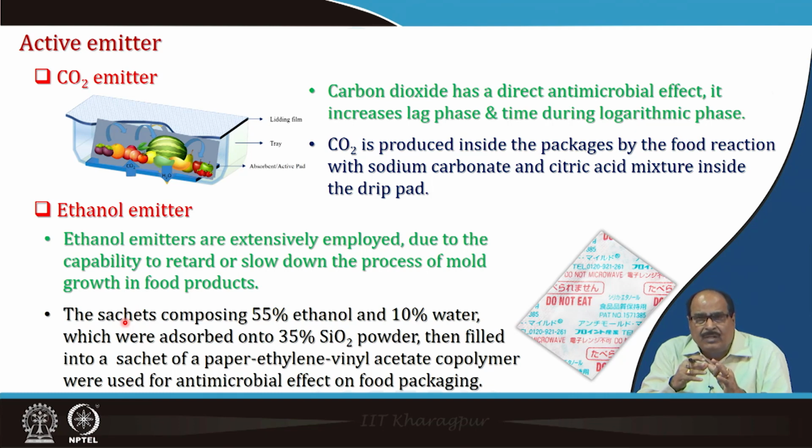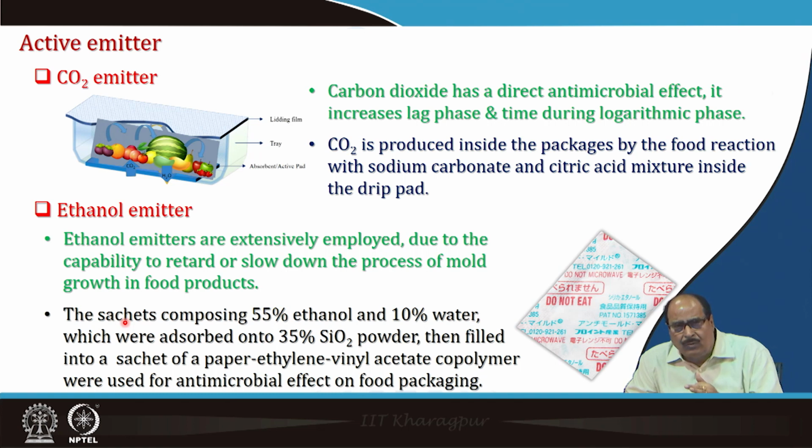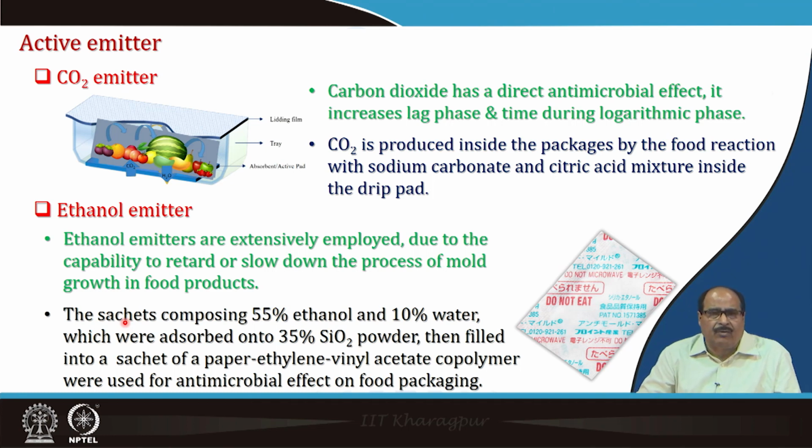Carbon dioxide is produced inside the package by the food drip reacting with sodium carbonate and citric acid mixtures inside the drip pad. Ethanol emitters, etc. Accordingly, ethanol emitters are extensively employed due to their capability to retard or slow down the process of mold growth in food products. Sachets comprising 55% ethanol and 10% water vapor, absorbed into 35% SiO2 powder, then filled into a sachet of paper ethylene vinyl acetate copolymer, were used for antimicrobial effect on food